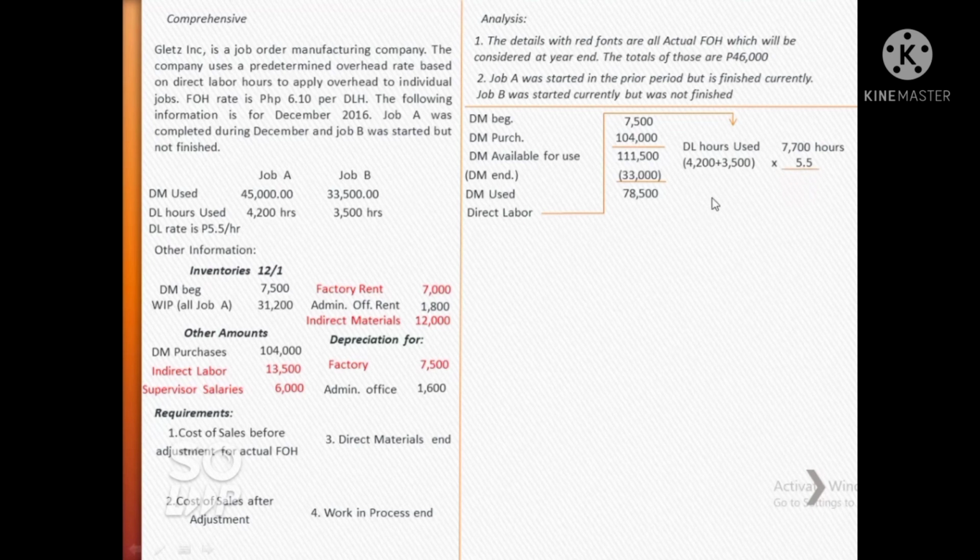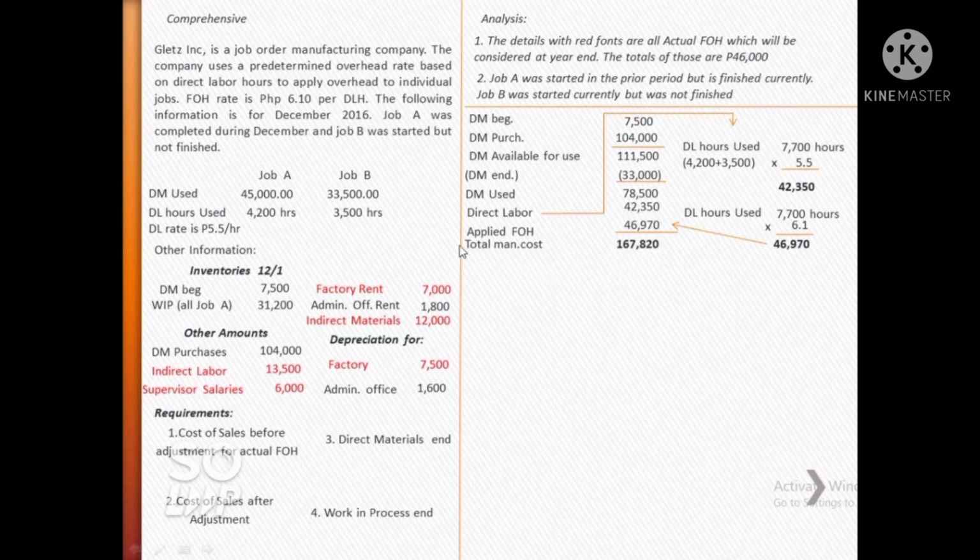So we have 42,350. So you can already put here 42,350. And next, we need to find the applied factory overhead, which is easy. Why? Because the direct labor hours are already here, and of course, the rate has already been given. So you just have to multiply 7,700 hours times 6.1. Then you have 46,970. And you can put it right here. Now, these three, if you are going to add them all up, you're going to get the total manufacturing cost of